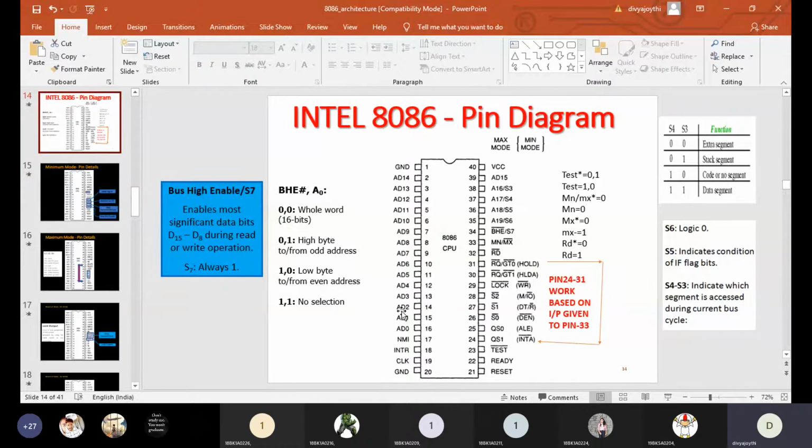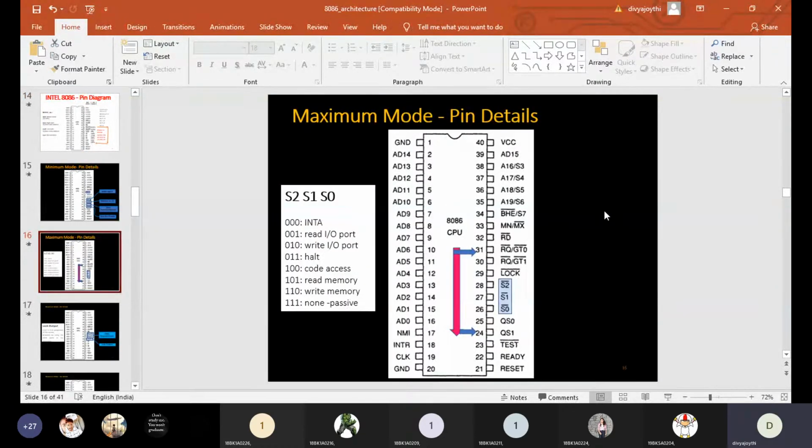If you observe here, from pin number 24 to pin number 31, each pin has two functionalities, one in the braces and one out of the braces. But in the examination, if he specifically says maximum mode pin diagram or minimum mode pin diagram, based on which mode he is asking, you have to represent only one functionality, not both. If you mention both functionalities, even if you are explaining only the specified one, your marks are going to be reduced. Clear? So based on the question, you need to draw the pin diagram. If he is not specifically mentioning anything, you can draw both functionalities.